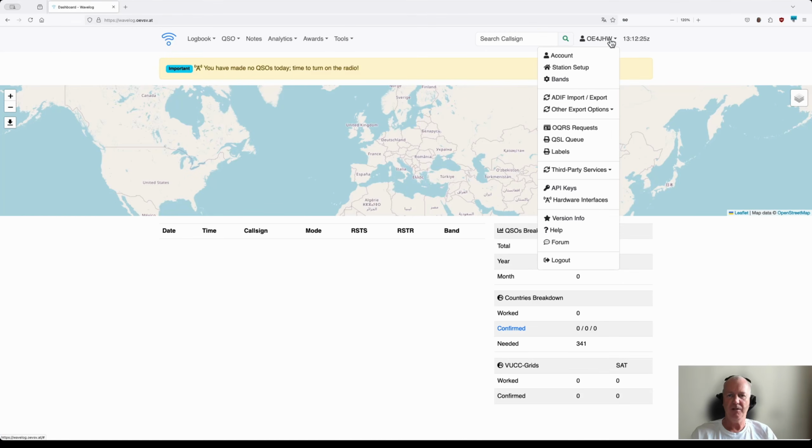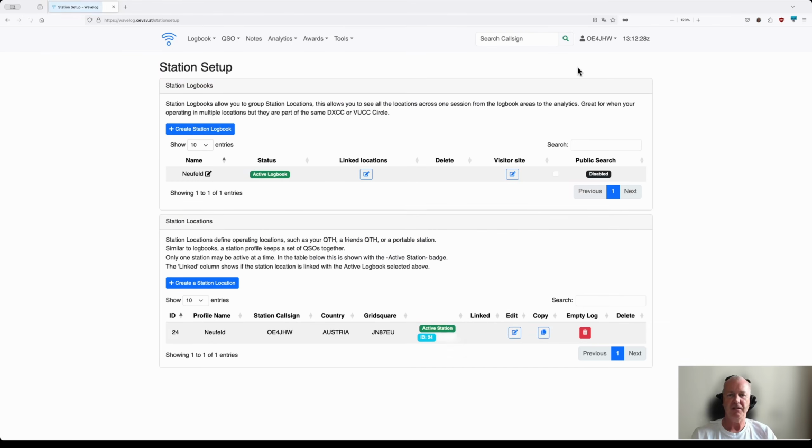The next menu item I want to show you is Station Setup, where you can create logbooks and locations. I've already created a new logbook. The name is Neufeld. That's my home QTH, and it's linked to the location Neufeld with the grid square of JN87EU. And let's say I want to create a new logbook for the Austrian Red Cross when we are there at the station in Eisenstadt. So let's create a location first